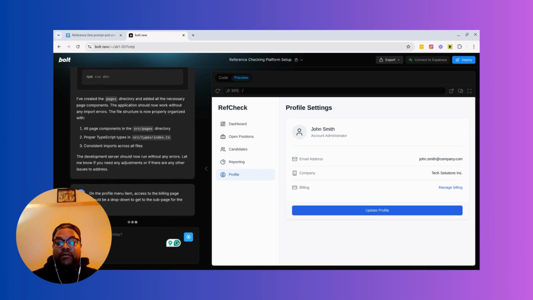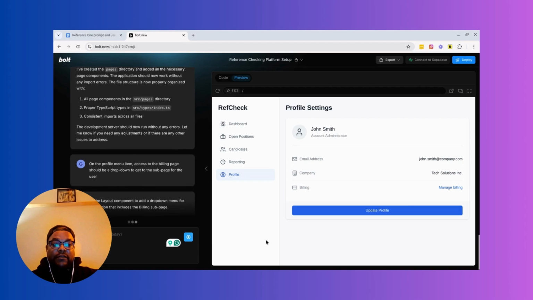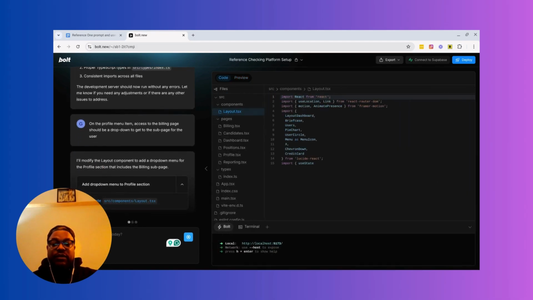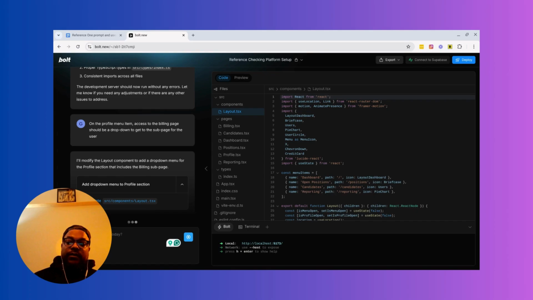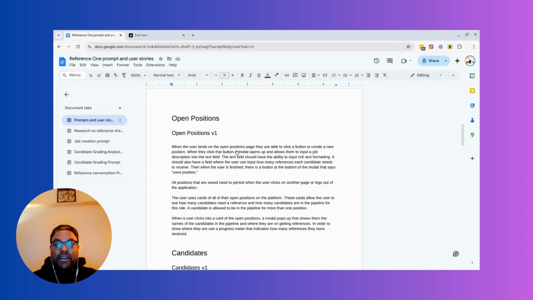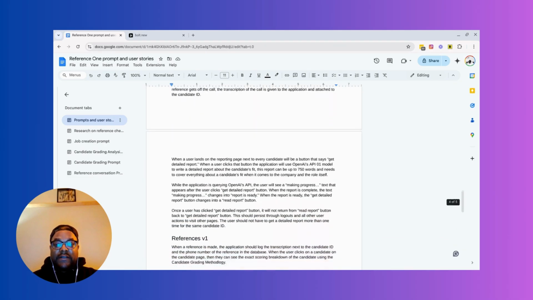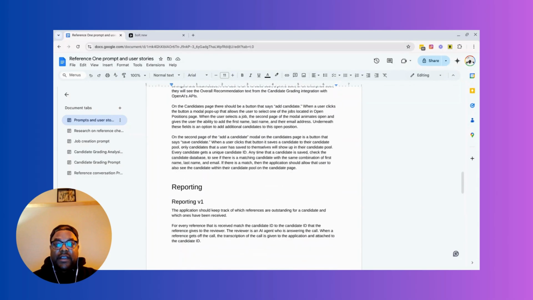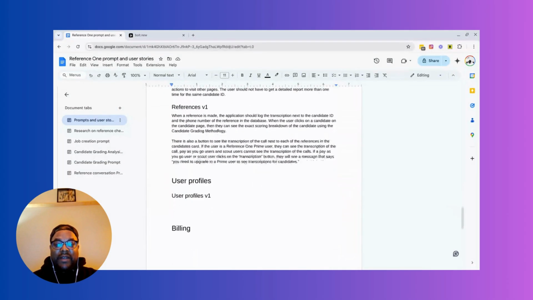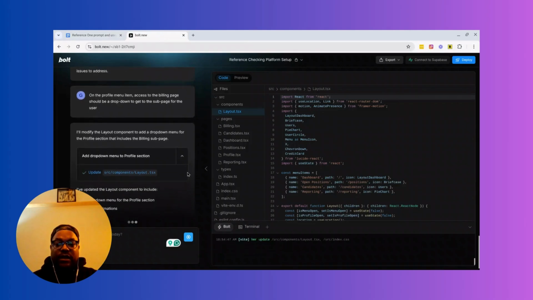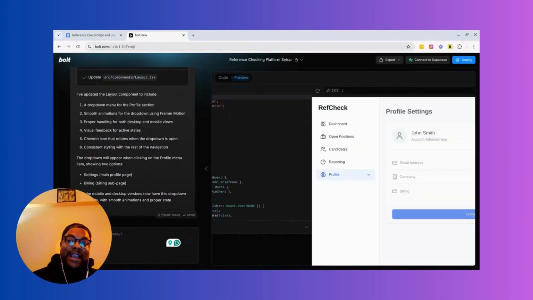It might not do what I want it to do, but essentially we don't want billing to be stuck up under there, because most people really want billing to be accessed from the actual menu. So we're going to do that really quickly, and then we might stop there, change locations, and pick it back up and start with some of these other things on the prompt. I think we'll probably go open positions first, then candidates, because we don't want to use OpenAI quite yet. We need to build out everything first, and then we'll start incorporating OpenAI API calls on the back end.